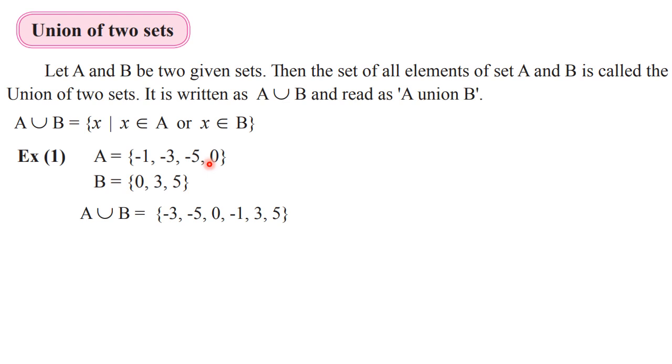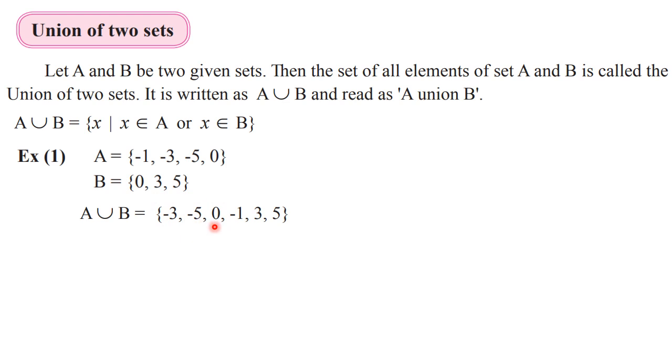Okay, now here order is not important, you can write it in any order. Okay, but generally what we are doing to avoid mistake, that write all the elements of set A first, then 0 is repeated, so don't write 0, and in front of this you can add 3 and 5, so you get it. Here in the textbook the sequence is changed. You know that while writing the set, the sequence is not important, you can write down the elements in any order.